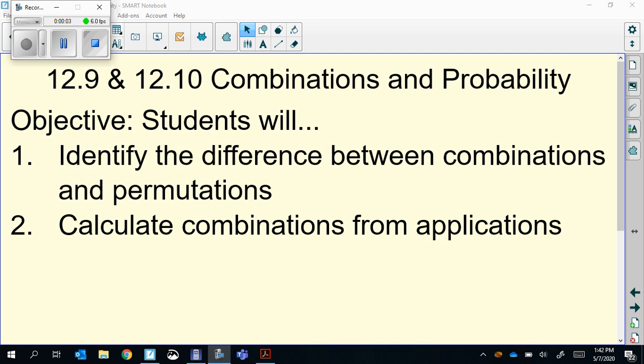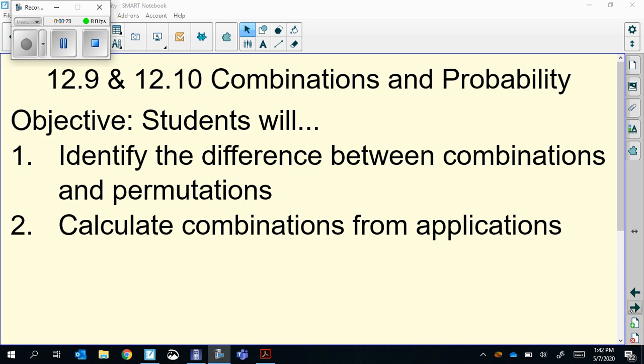Hey guys, in this video we're going to finish up chapter 12. This one's about combinations and probability. So we'll look at the difference between combinations and permutations. Permutations was last time, order mattered. Sneak peek, combinations, order does not matter. And we will calculate combinations in